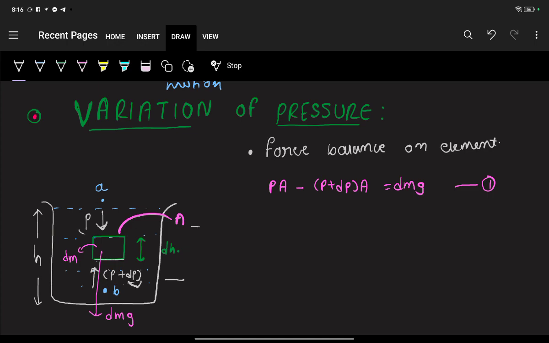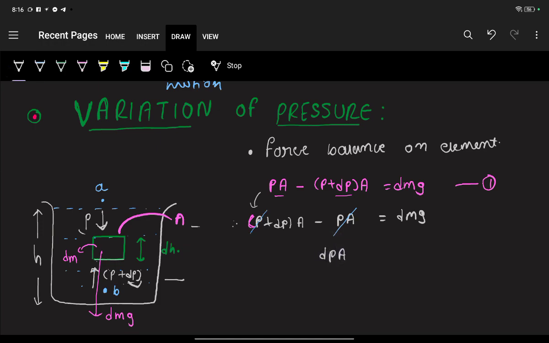Right now this is a difference, so if you write it this way, (P plus dP) multiplied by A minus PA, since we need only the difference, it will be okay if you end up with a negative result. That's why I swapped its position. It's all right, you can do it because it's a pressure difference. As you can see, this PA will cancel out, so we'll end up with dP multiplied